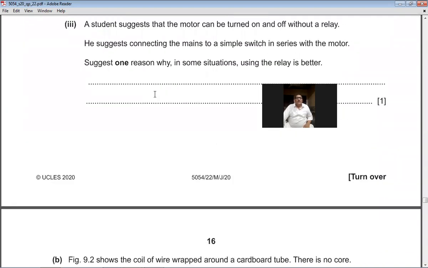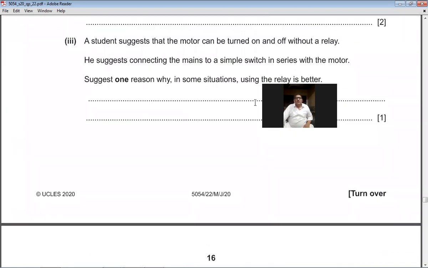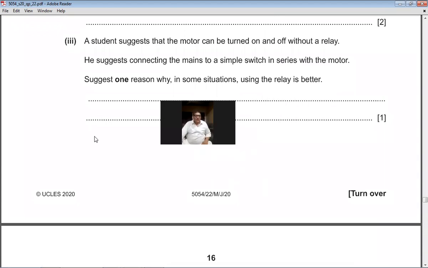the next question. The next question is: a student suggests that the motor can be turned on and off without a relay. He suggests connecting the mains to a simple switch in series with the motor. Suggest one reason why, in some situations, using the relay is better. You see, for example, here in circuit number 2, where the motor was connected, if in the second circuit